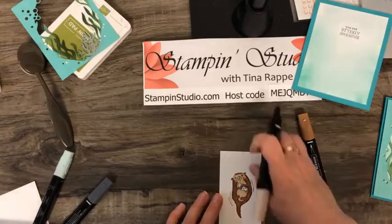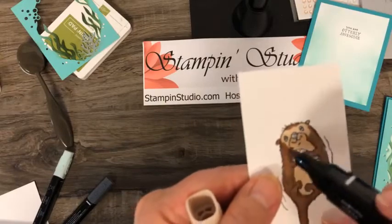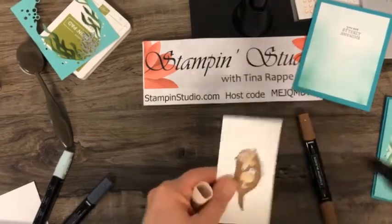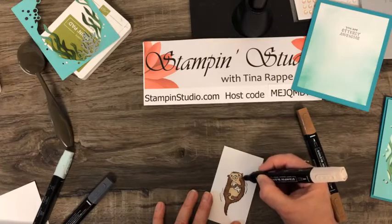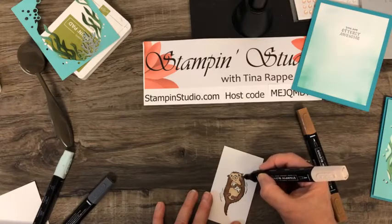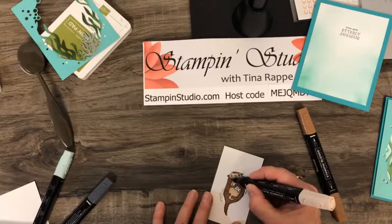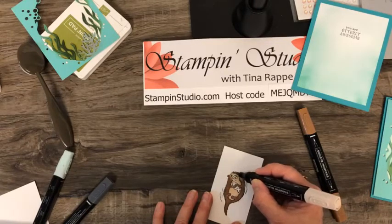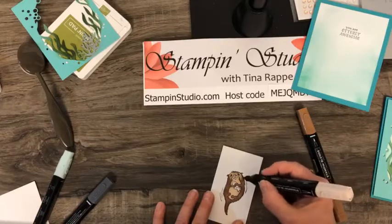Now, you can see right now, and this looks kind of silly if I bring it up here, how the face just kind of stops. It's the ivory color, and then we have the bronze here, and that doesn't look good. We want to blend things in, so I'm taking it from the bronze area and bringing it up in and kind of just blending those colors together so that it's sort of seamless where the change in color is. It's gonna be just a gradual, and then his little, I call it hair, I don't know, he's got hair all over him, so I don't know if that makes sense to call it that, but